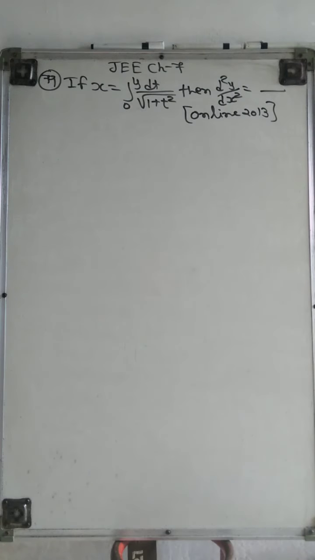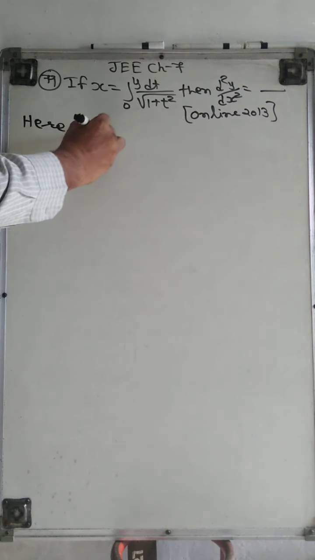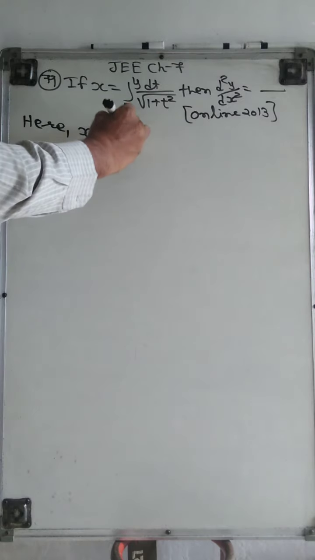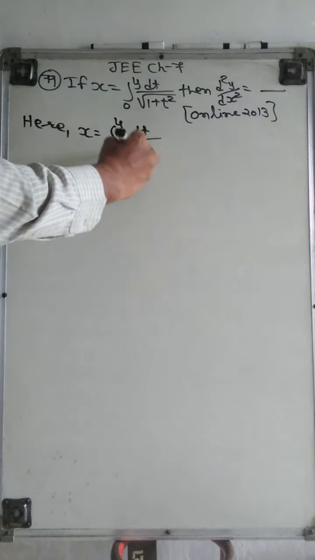Hello student, today we start JEE chapter 7, question 79. In question 79, if x is equal to the integration from 0 to y of dt upon root 1 plus t square, then what is d square y upon dx square? Okay, so here first of all we put x equal to the integration from 0 to y of dt upon root